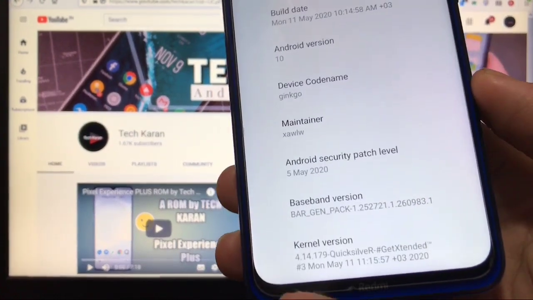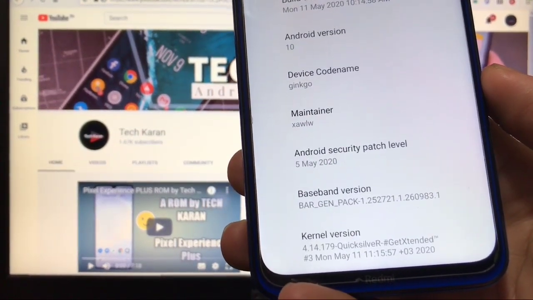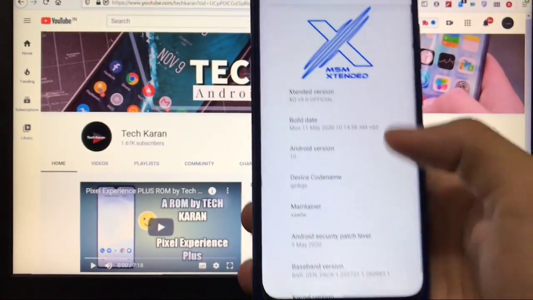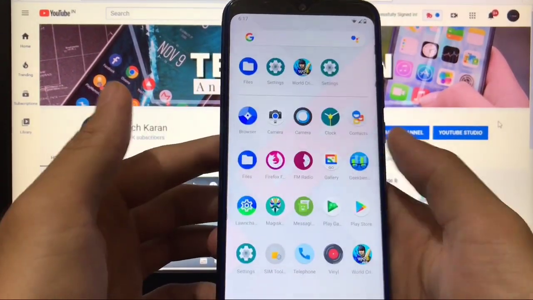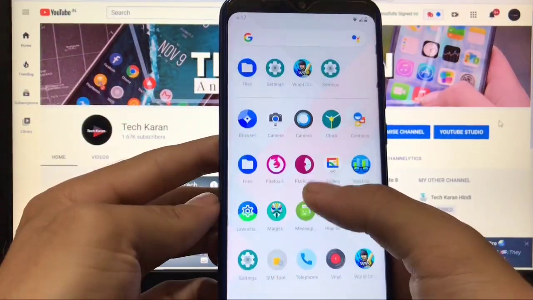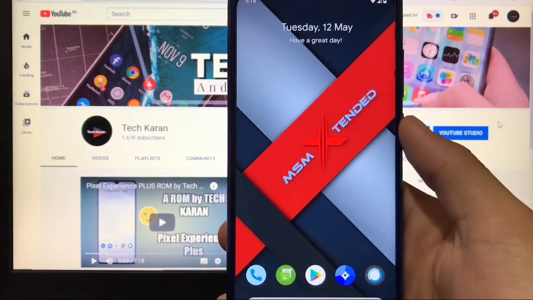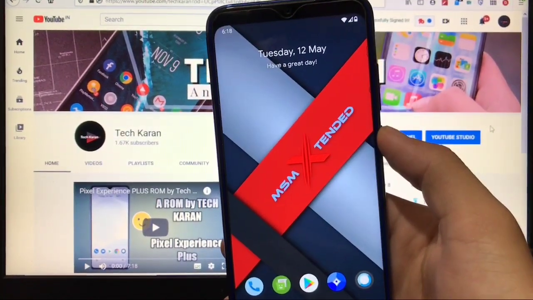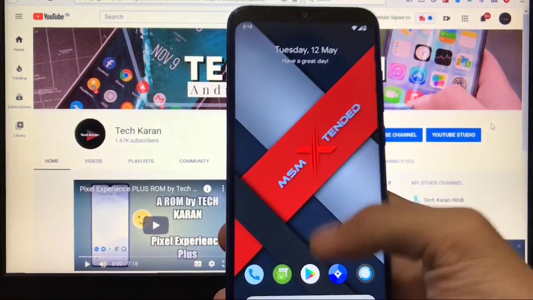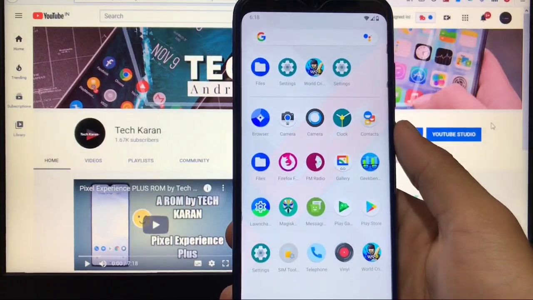You get the latest new kernel by Quicksilver, and the performance of this custom ROM is just awesome. Not a single lag whatsoever, smooth scrolling and a lot of beautiful things. So it's a very good custom ROM. If you want customizations with stability and performance, just go for it and you will surely love this ROM.